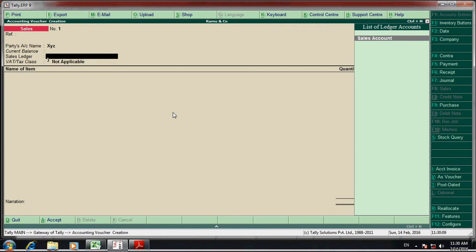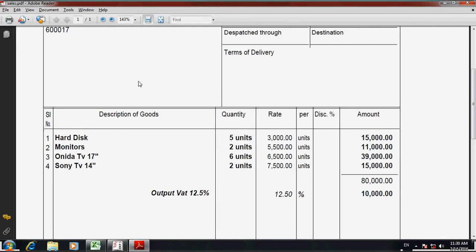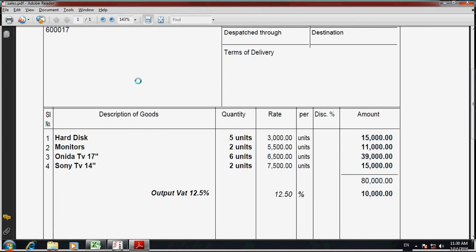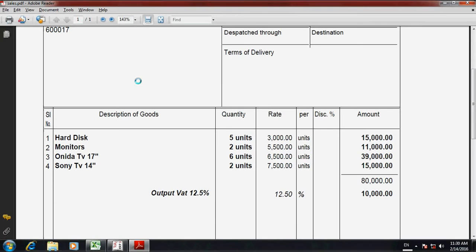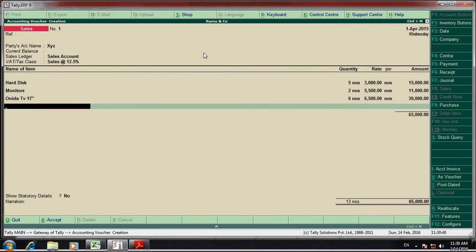So go here, sales account, hard disk 5 numbers, rate is 3000, then monitor 2 numbers 5500 each, then Onida 6 numbers 6500, sorry 6500.